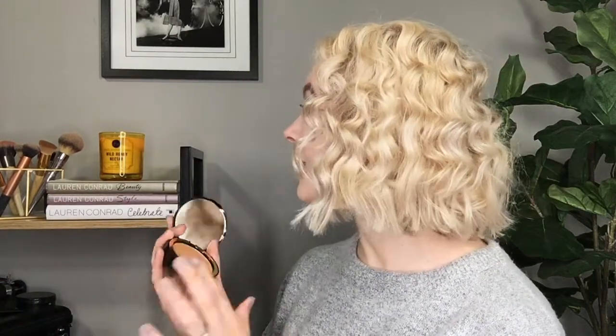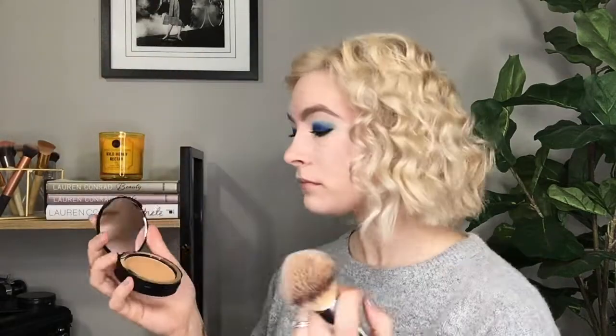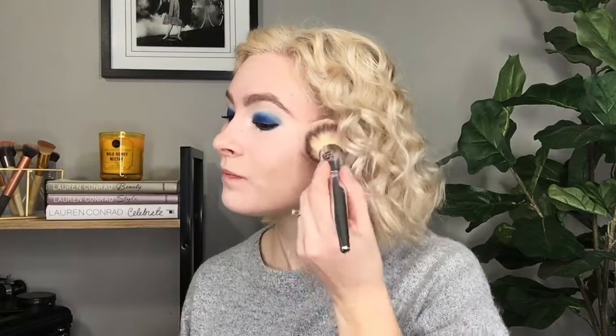I'm going to use my Too Faced Cocoa Powder foundation. I'm going to use it as a bronzer. I have the color Deep Tan. Then I'm going to take my Zoella